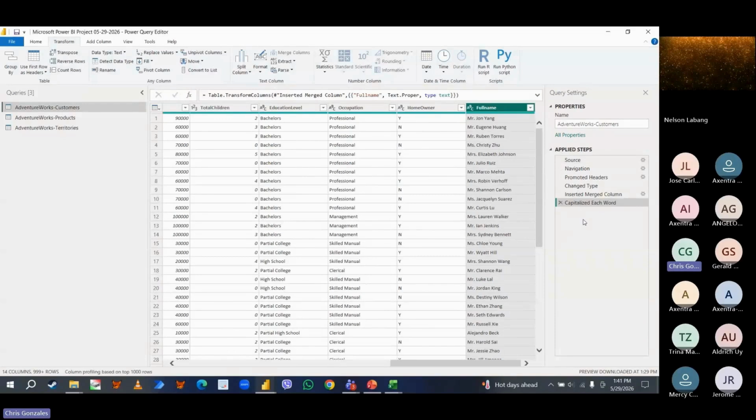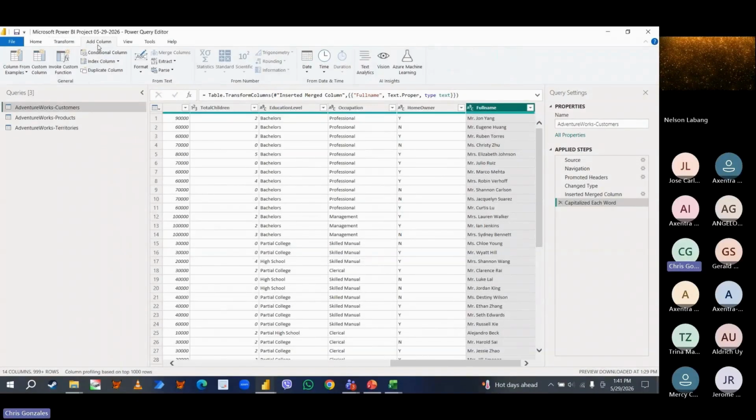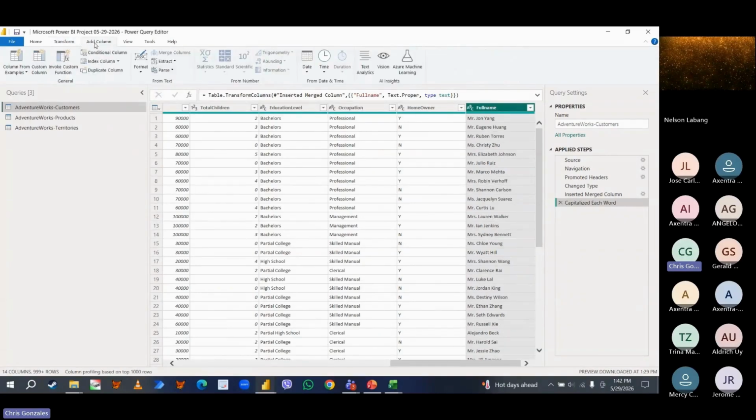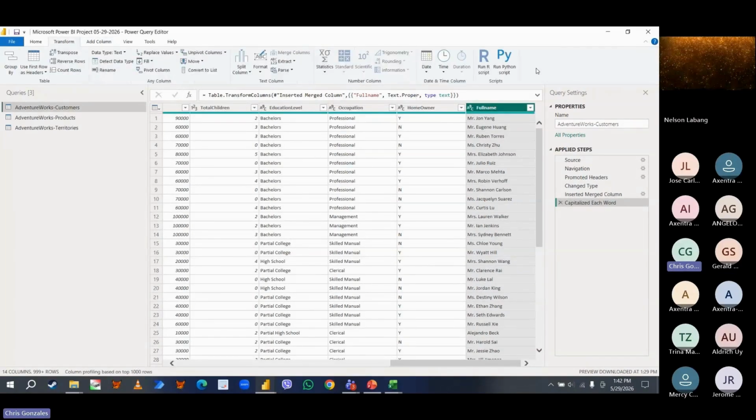That actually increased the number of applied steps we have. Here, we have a lesser set of applied steps. So if, for example, I'm done with this, I can simply click the refresh with a minimal set of applied steps. Okay, again, the bottom line is if you want to modify an existing column, do not choose the add column tab. Always select the transform tab. All right, so that is the main difference between the two tabs in the Power Query Editor. Add column, whatever you click over here, it will produce an additional column. Transform will edit an existing column.